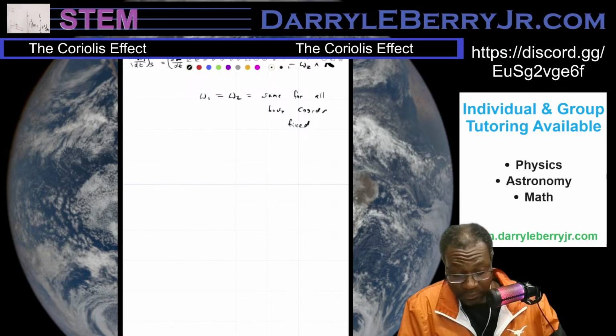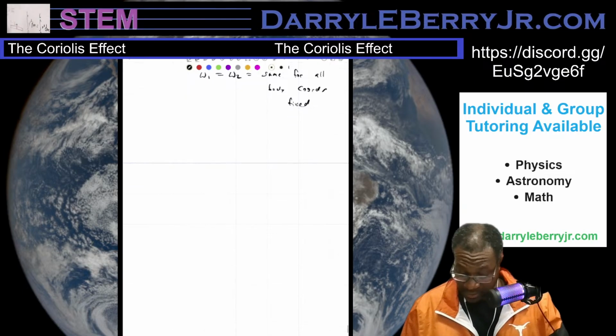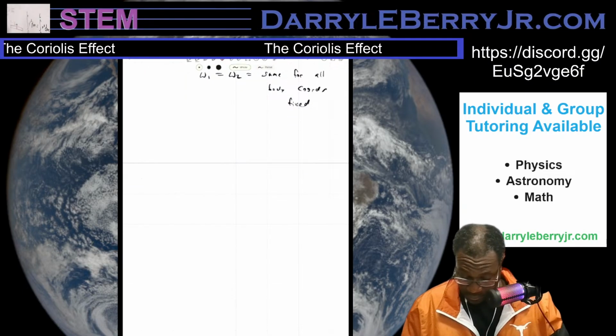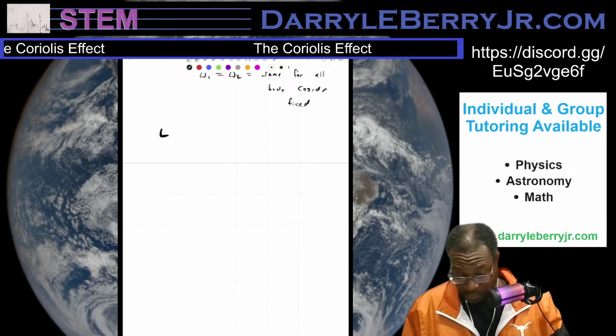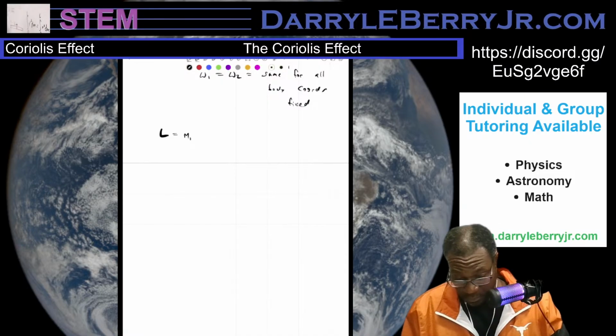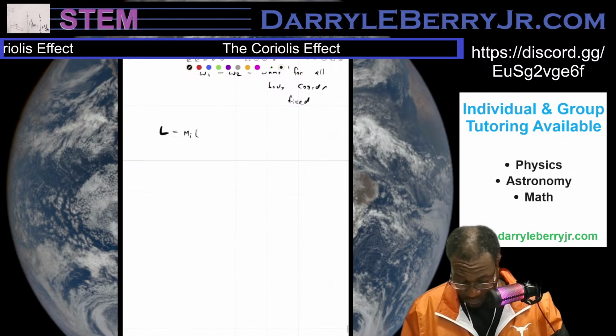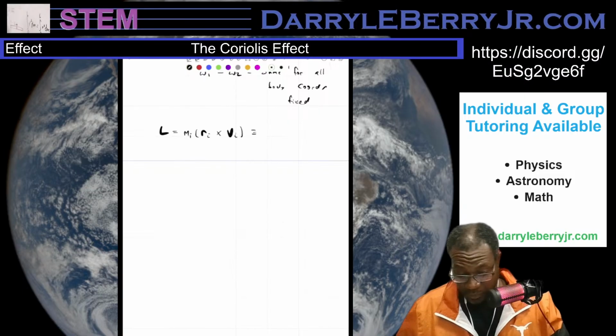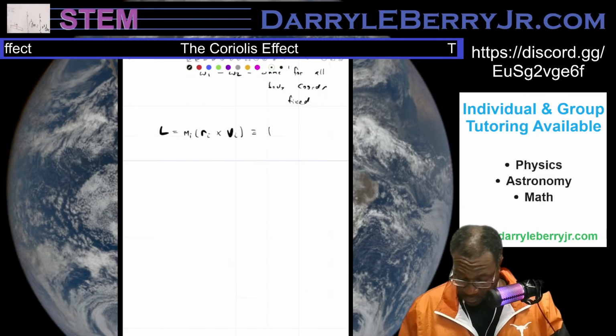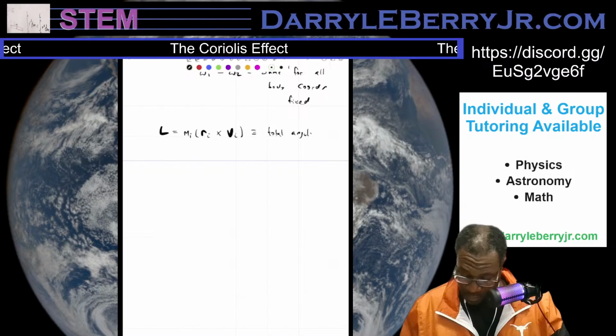The rigid body moves with one point stationary. The total angular momentum about that point equals the total angular momentum about